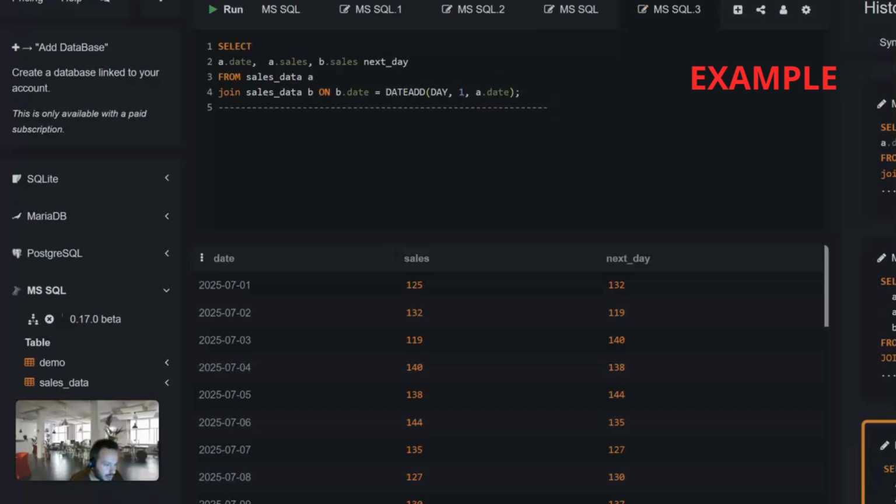Okay, so let's now use LEAD and see the simplicity of using this function. So it's SELECT. And here you don't need to do a self-join. You don't have A and B, you just select everything from the same table. So date, then sales, and then we need to calculate the next day. So you will use LEAD, simply as we explained before. Which column are we targeting? We are targeting sales, so let's use sales, close the bracket, and then we do OVER